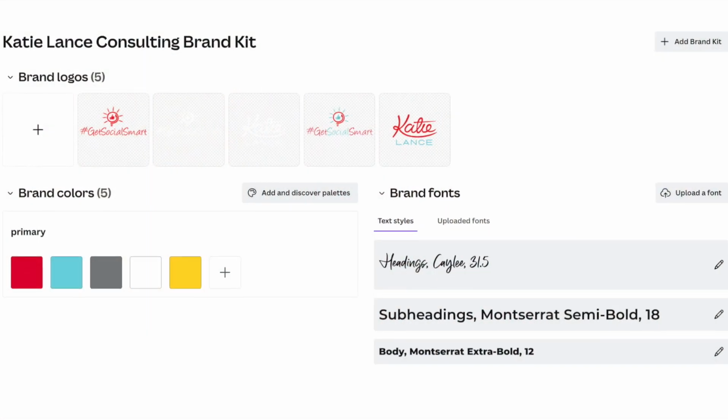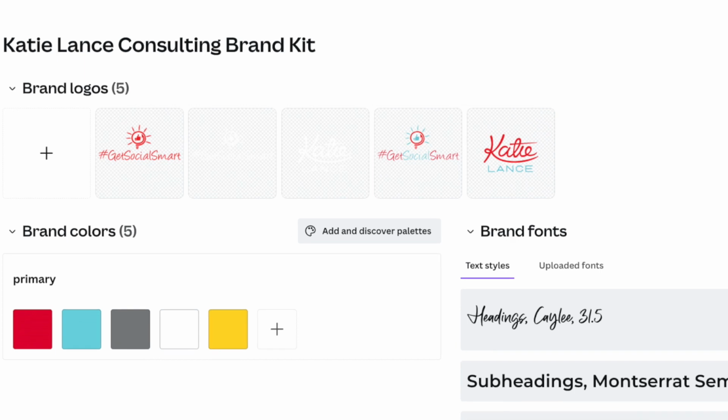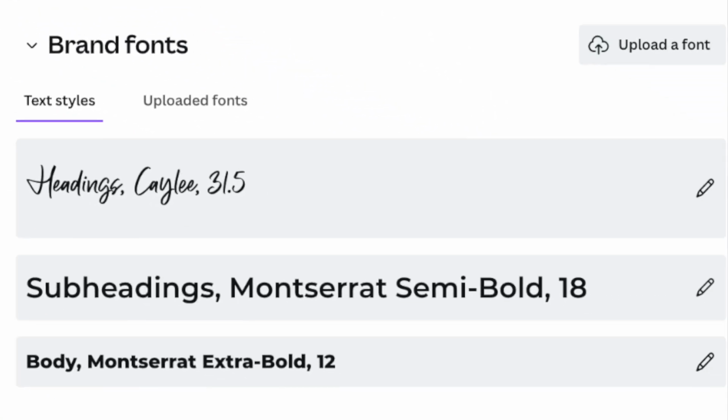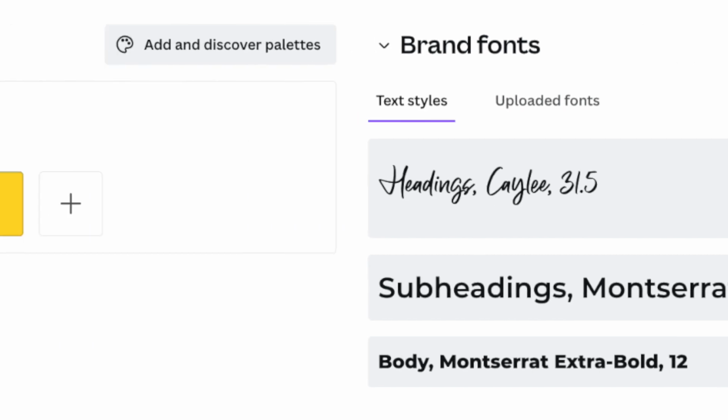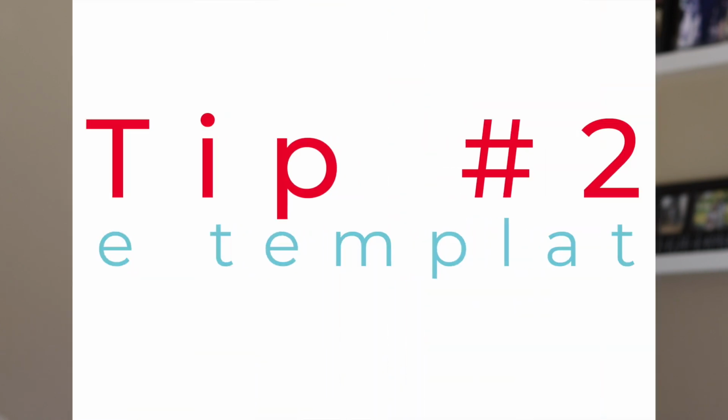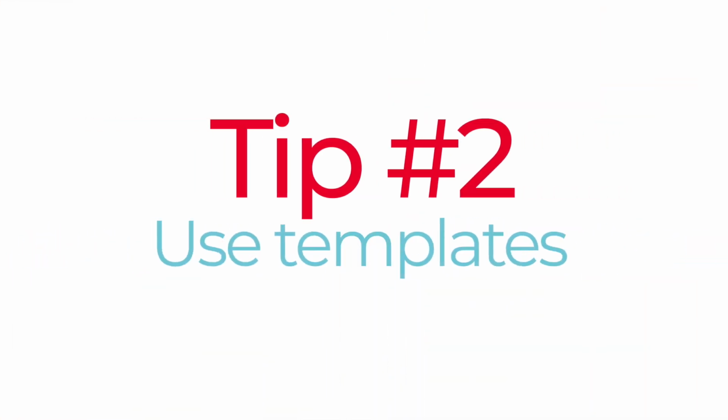Whether you're using that free account or that pro account, you want to have a sense of the fonts and colors and logos that you have. So you want to gather those brand assets. You might reach out to your broker if you're an agent to get a copy of your logo, or if you're not sure what the exact font is, ask. If you're not sure what the exact shade of red or the exact shade of blue is, those little things will make a huge difference when it comes to creating graphics quickly and easily. So get consistent.